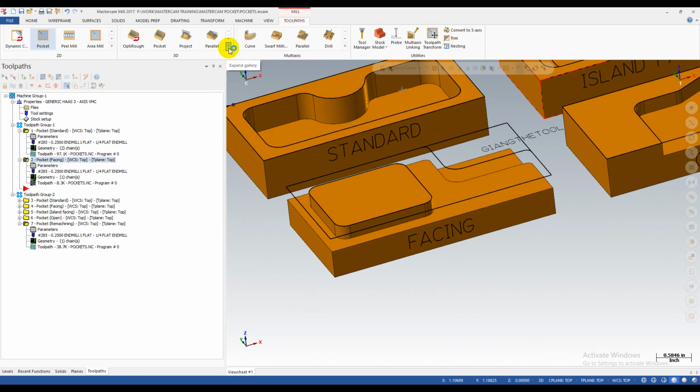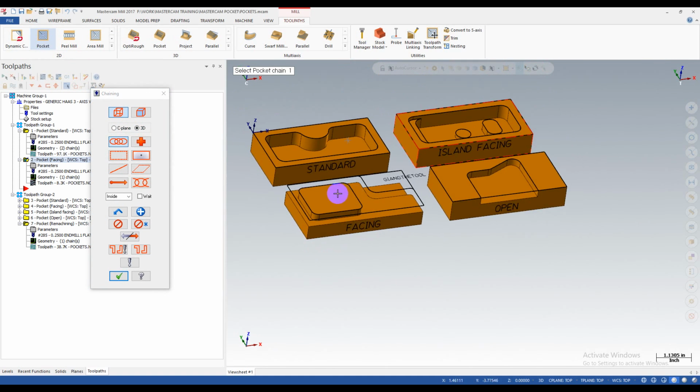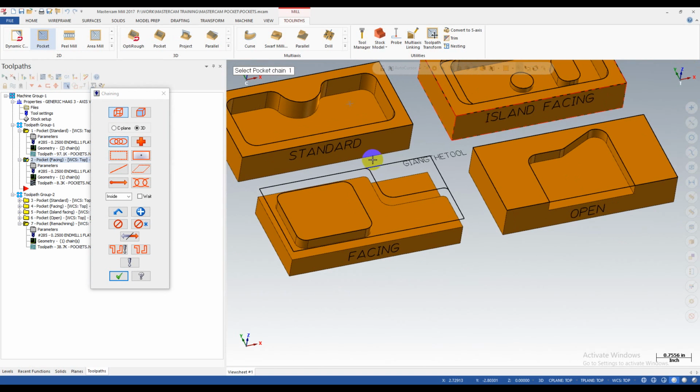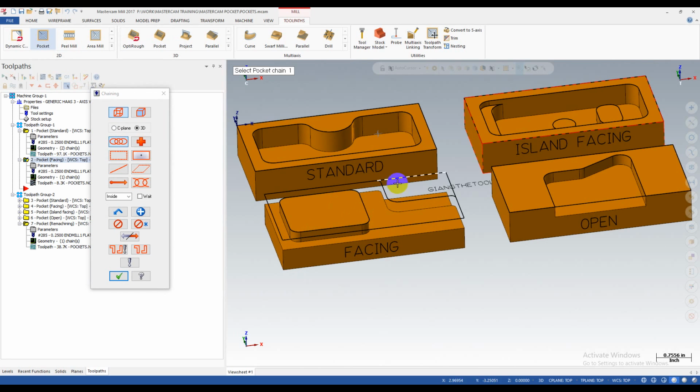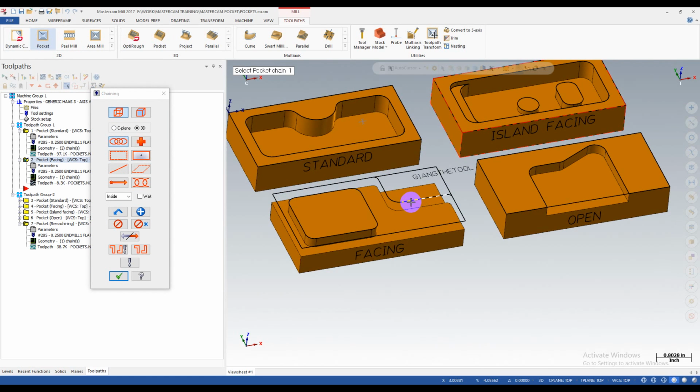We're going to select pocket again, just not for facing. If you want to machine an island, if you want to remove the material outside an island, you need to select